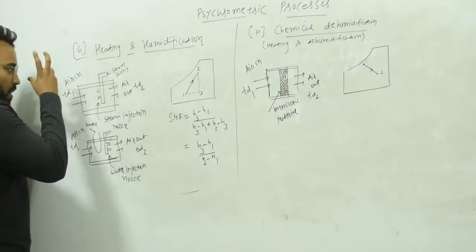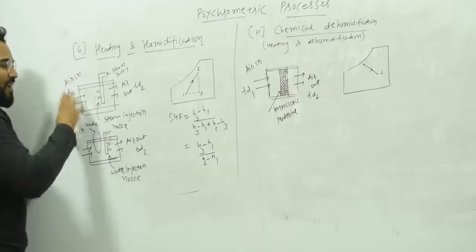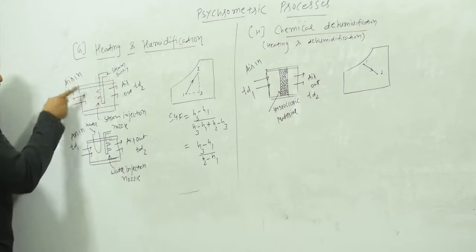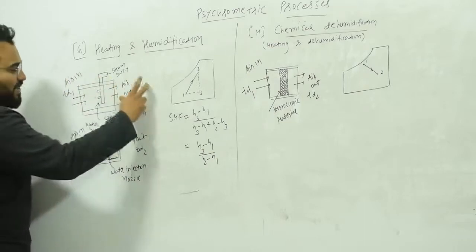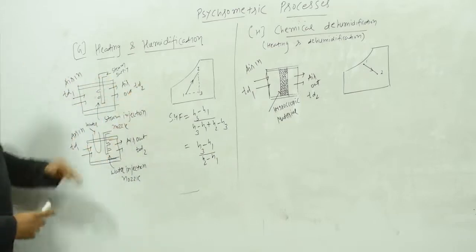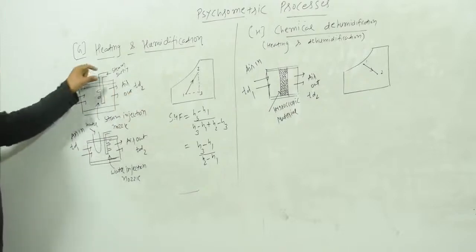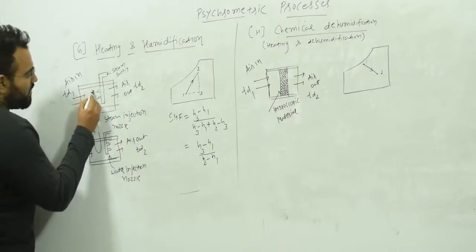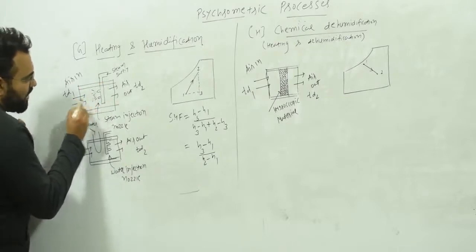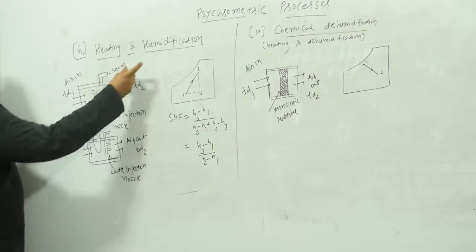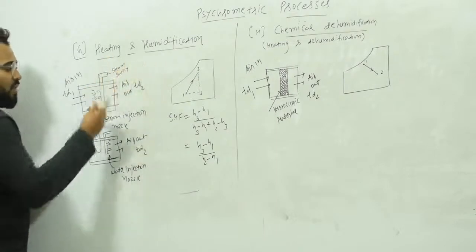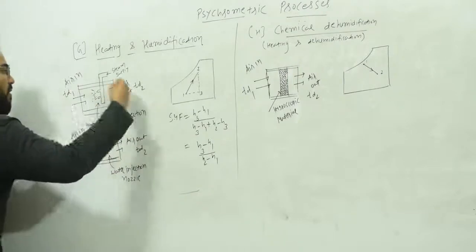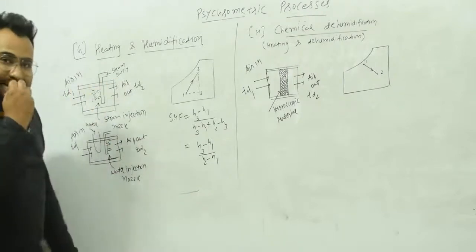Method number 1 for this: here you can see that the air is coming in with dry bulb temperature TD1 and leaving with dry bulb temperature TD2. Now what I have done here, you can see that the steam is coming out like this. Here I have supplied the steam. This is known as the steam injector nozzle, meaning steam is coming out from over here.